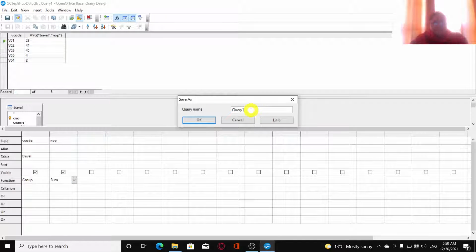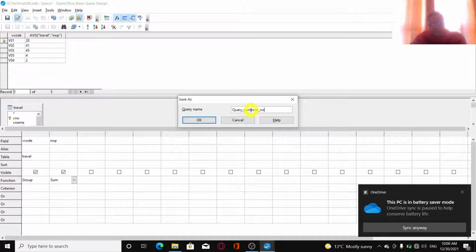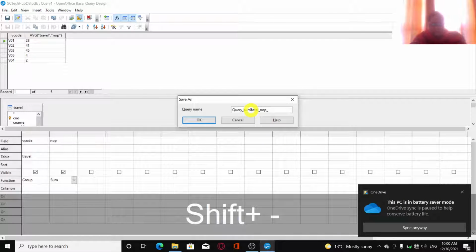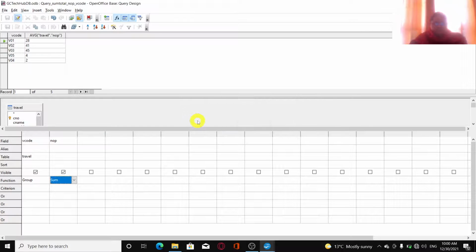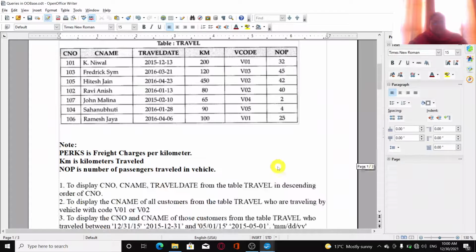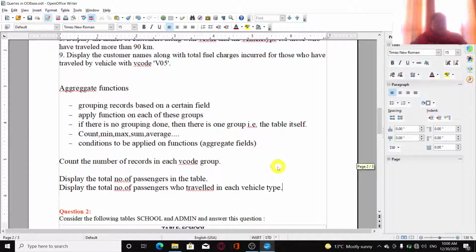Just save it, and I'm going to save it as sum total in V code. So our query is saved over here. So these are the aggregate functions. More aggregate functions we will see in the later videos.